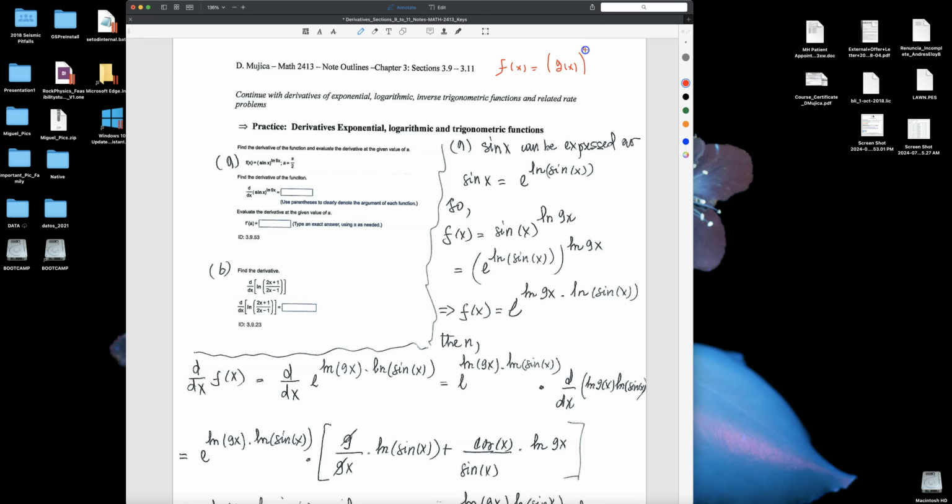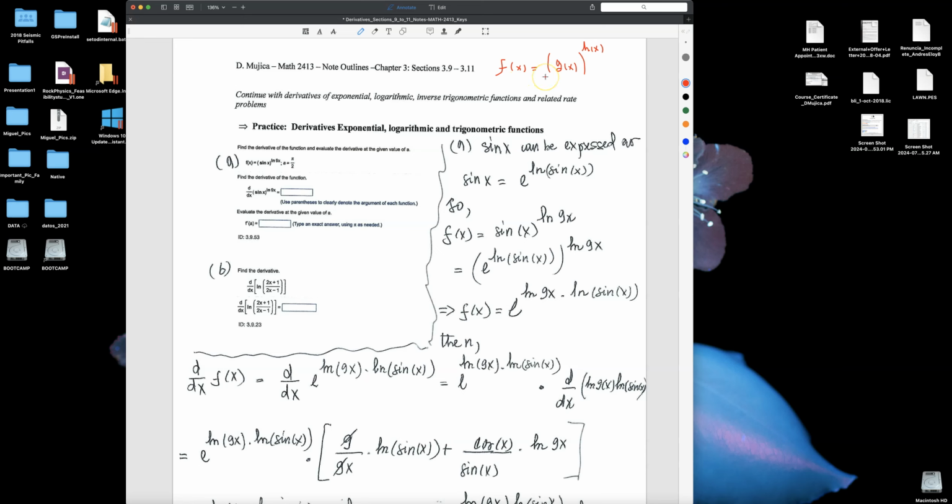I'm going to call the other function h. In this particular case, g is the sine of x and h is the natural log of 9x. When you have problems like this, in which you have a function raised to another one, and they ask you to compute the derivative of the original function, in this case f,